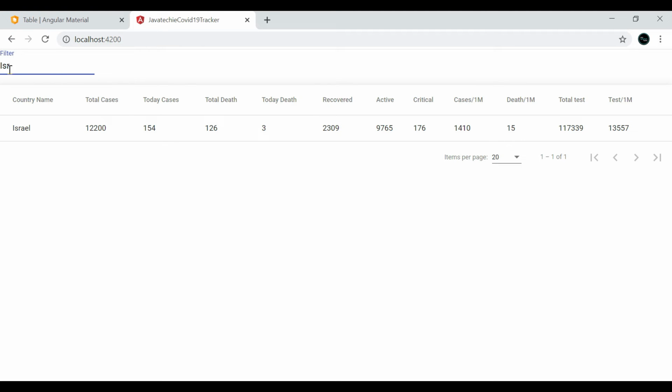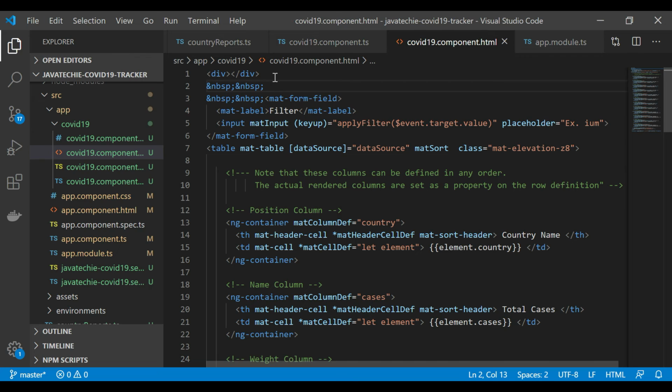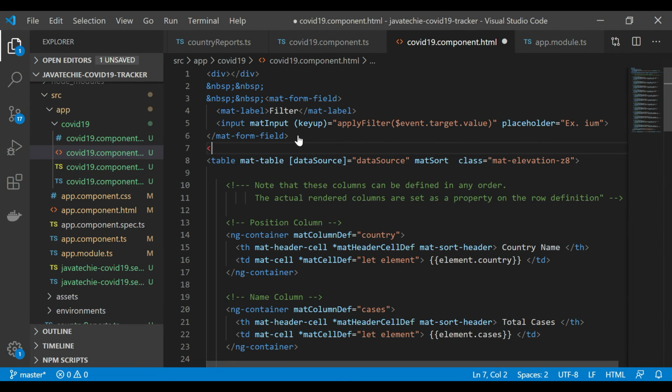So let me add some space here. This UI is not looking good. So what we can do, let me go here and I will add a few spaces here. Okay. So let me add like this. Now save this, and also this table we will keep inside a div.